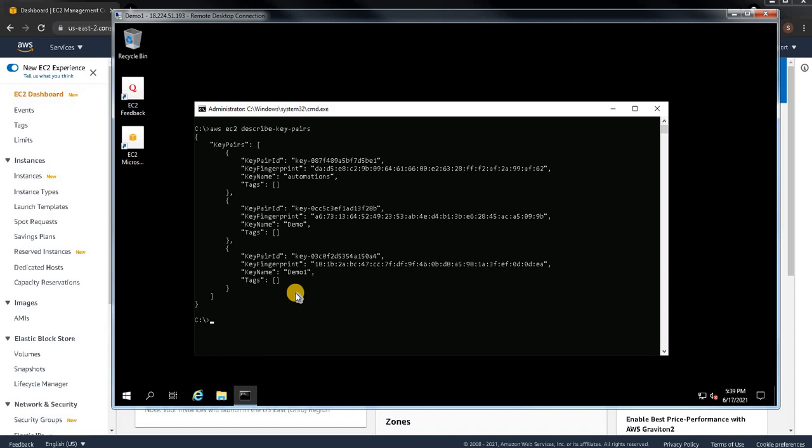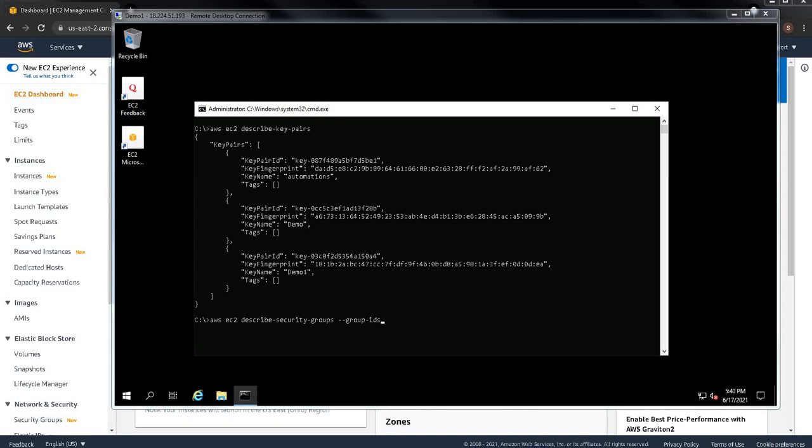So let's do this. The command is the same, describe, and only mention security group. If you need to, you can add the security group ID, if you know it.